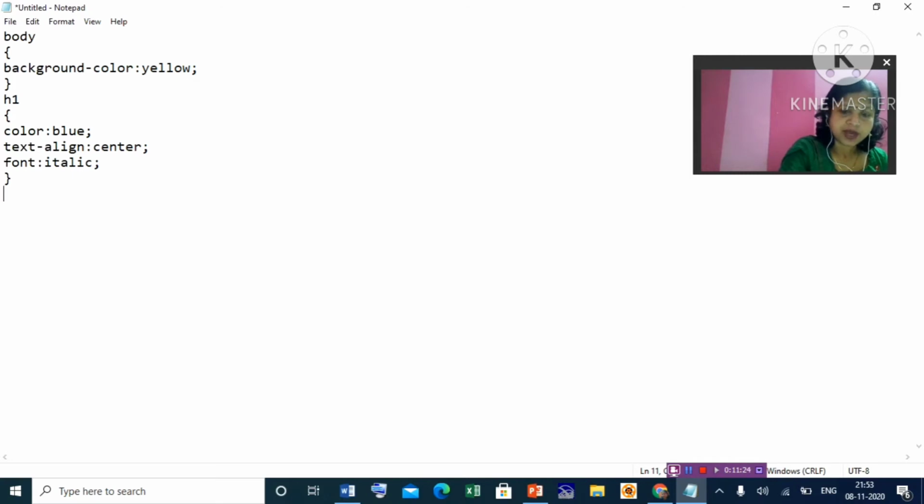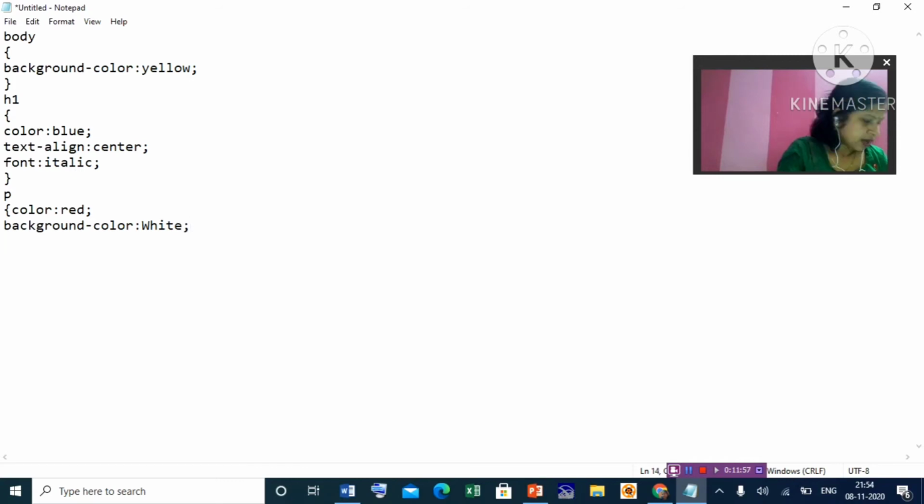For the paragraph, create it now. For color, suppose I will give red. Background color for the paragraph. Red color, so let us make it white.